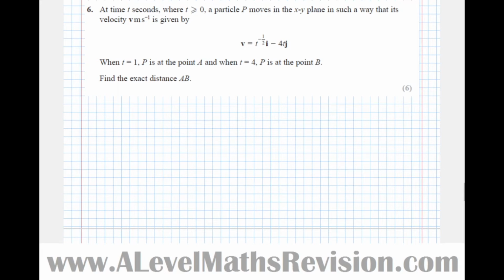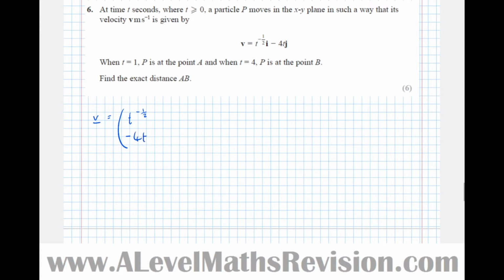So question 6, it says at time t seconds, where t is greater than or equal to 0, a particle P moves in the xy plane in such a way that its velocity is given by that there. But what I don't want to do is write out things in terms of i and j. It's always easier to use column vectors for this. So v is equal to, and the i component is t to the minus 1/2, and the j component is